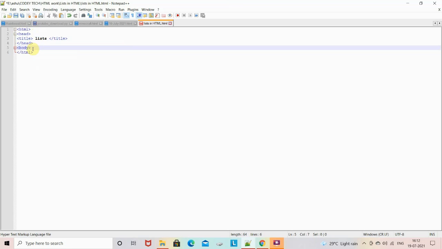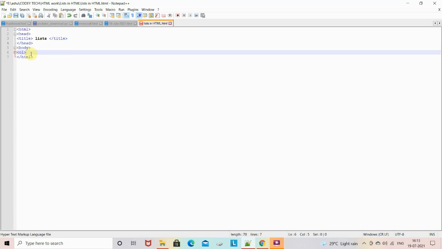Now we will move on to the list tag. Before telling you how we write the list tag, I will first tell you what a list is. A list is used in HTML to arrange related items one below the other. There are two types of lists in HTML: ordered list and unordered list. The ordered list is used to give numbers, ABC, Roman numerals, and the unordered list uses the bullets and different signs. So for using the ordered list, we have to write the OL tag.